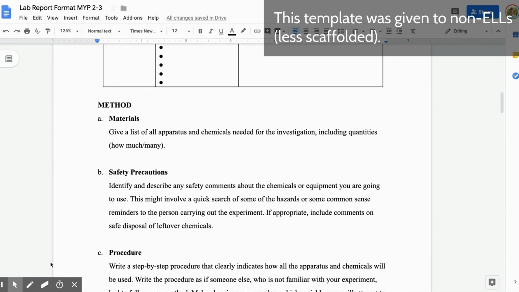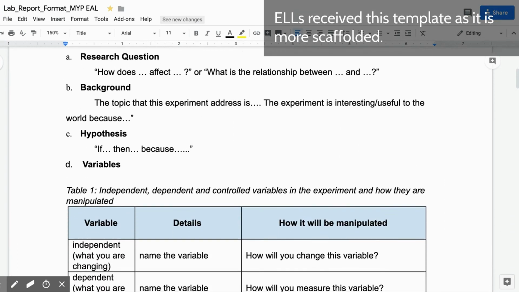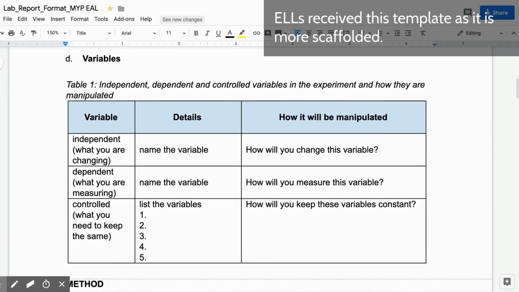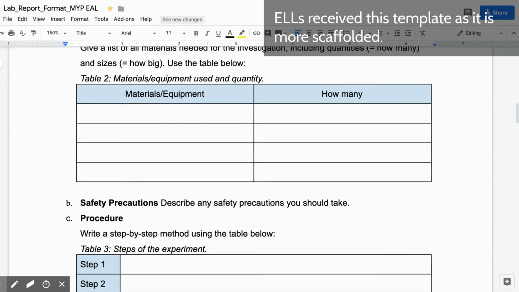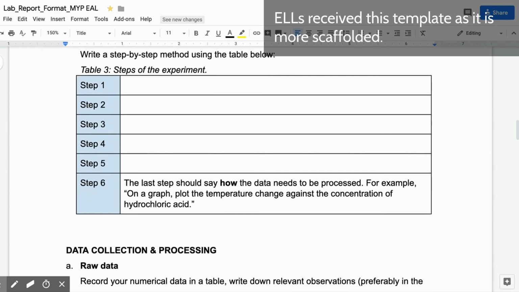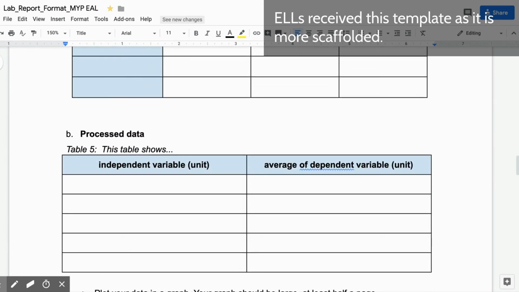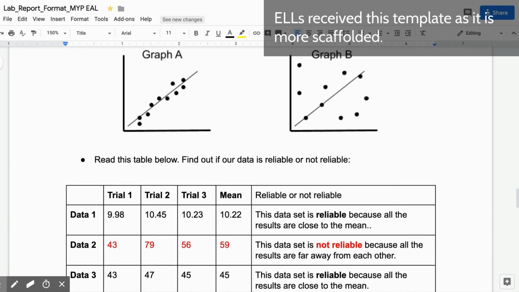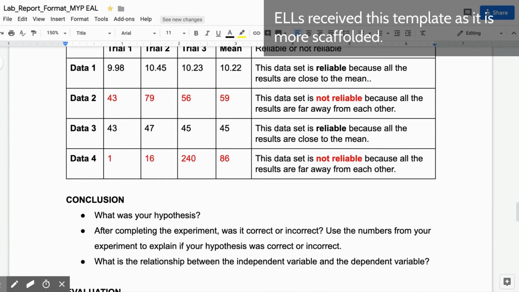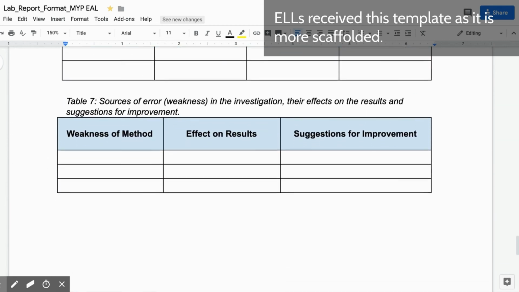that guide students' writing. This lab template that a science teacher and I created is used for students from grade 6 to grade 10 to help them produce a lab report. The sections are already organized and each section contains sentence frames and starters. Other sections include tables and diagrams. With this lab template, we no longer say that students shouldn't be part of our science classes and they should be warehoused in another room.